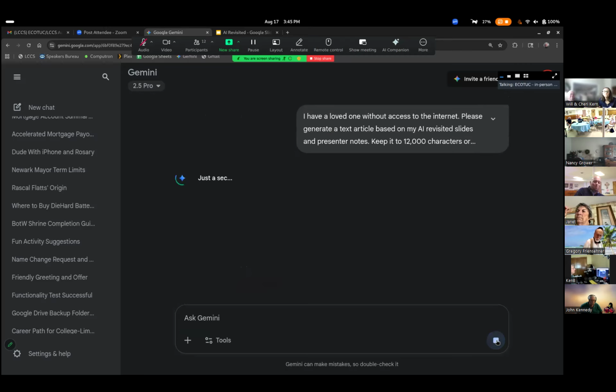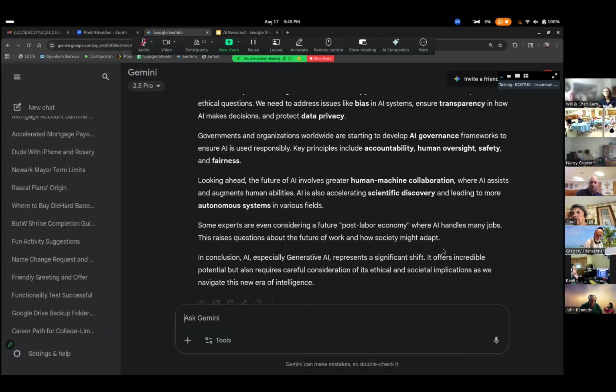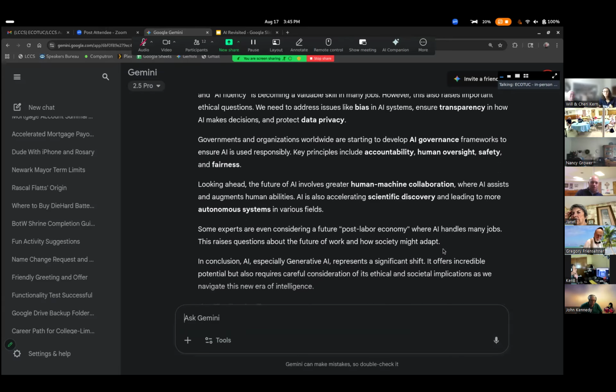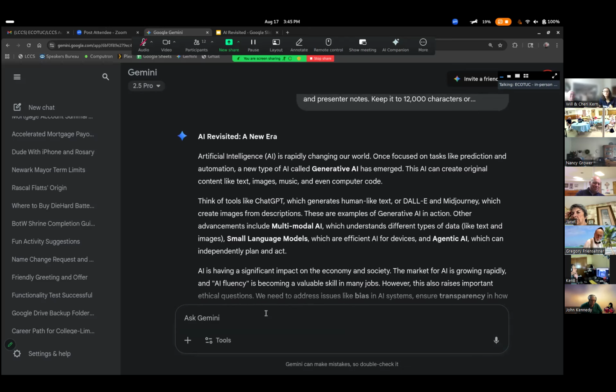Might have to think for a little while on this one. But a use case for this would be if you had a family member in federal prison who doesn't have access to the internet, but he can still get emails from you. And he wants to learn about AI. I can send him, well, that's not a very big article there, but if I can get this thing to give me more detail, it won't have the pictures, but it's plain text that I can copy and paste and put in a message to that person.